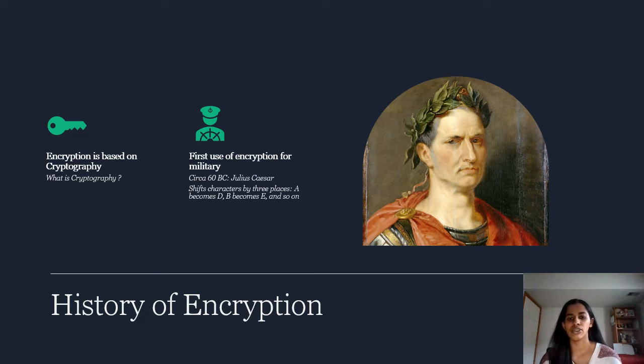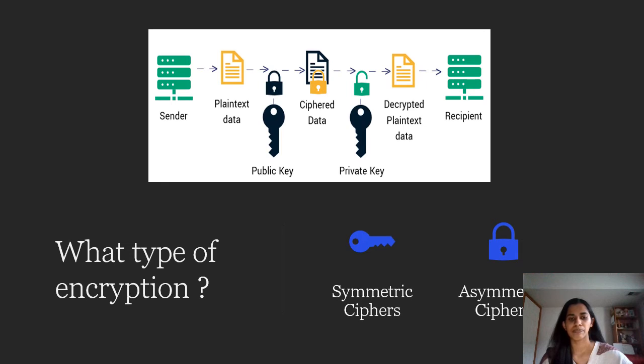It was mainly used for military purposes, and it started with Caesar, who needed a way to send communication documents to his troops in the field, and that's why he created this cipher text. What he did was shift the characters by 3 places. So for example, A becomes D, B becomes E, and so on. A simple and effective encoding method at that time.